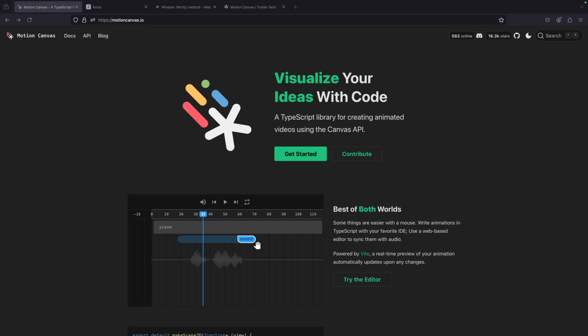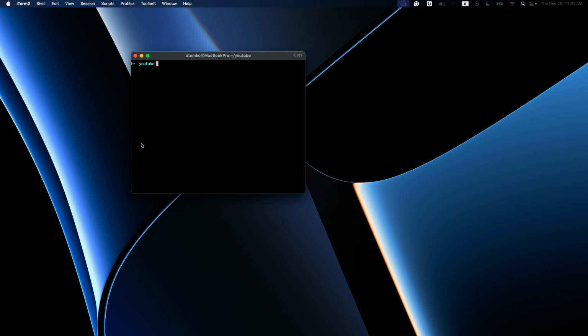So that is what we're going to be talking about. And in the video after this, we're going to be actually using the knowledge we've gained from this tutorial. So to start off with, like any Motion Canvas project, we want to go npm init